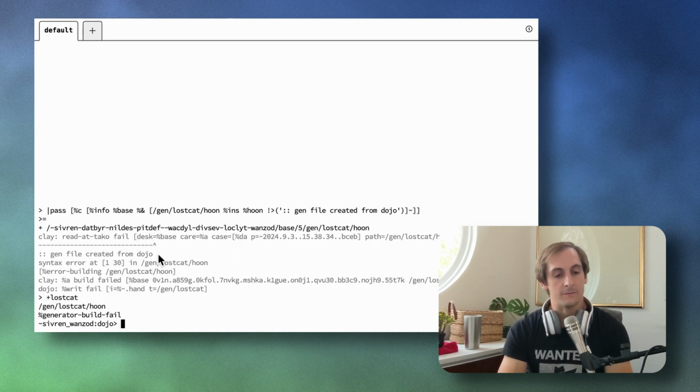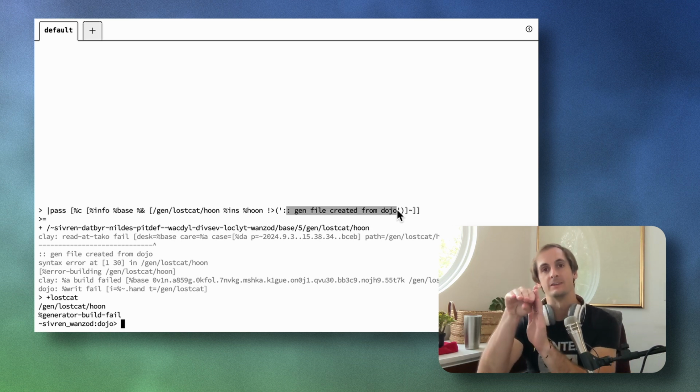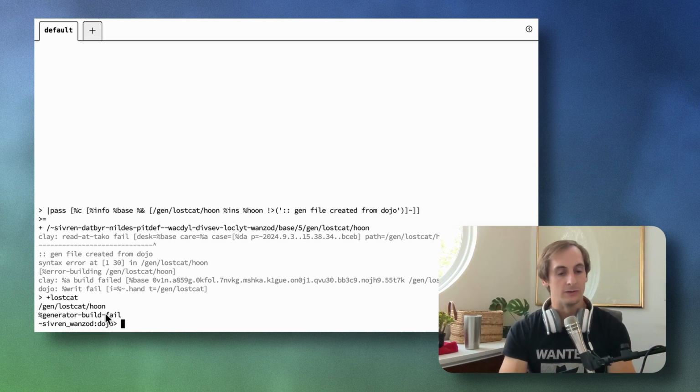There we go. It'll fail, but that's okay because we actually get to see that it worked. We have a syntax error, but the gen file created from Dojo is exactly what we had stuffed inside of that file. We know that it is working, so it is there in the list gen.